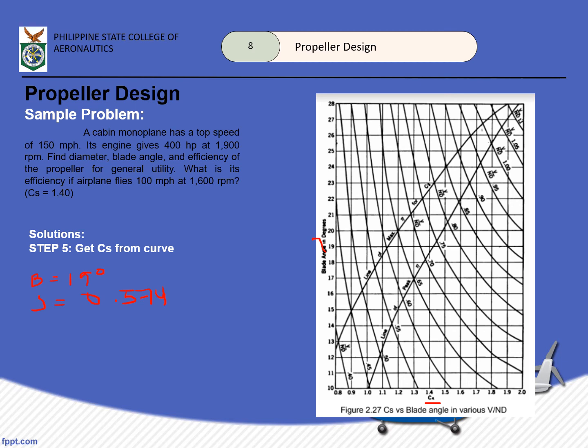So, it would fall around here. Okay, 0.55 and 19. So it would fall somewhere here. And if we try to project it down, somewhere siya malapit na sa 1.1. Okay? So we can say na our CS is, we can assume it to be 1.08. Okay? So now that we have our CS,